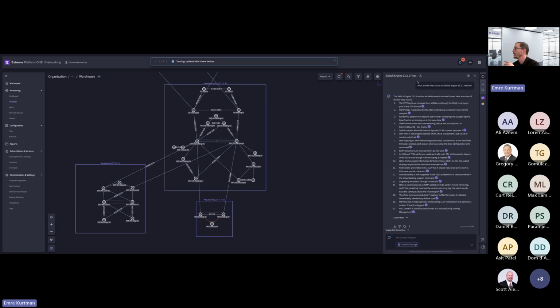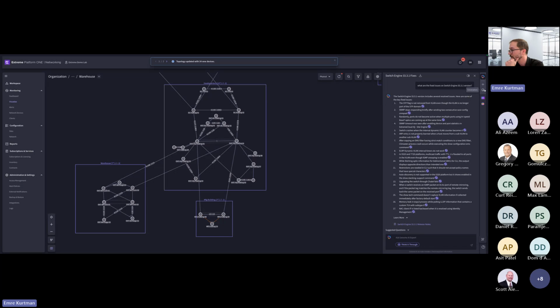Basically, you're asking what are the fixed issues in this particular Switch Engine version 33.3.1, and it lists all the fixed issues, again giving inline citations, and you can just click on it. It will take you to the Switch Engine 33.3.1 release notes. So these are some of the use cases where you can interact with AI experts while talking to knowledge.